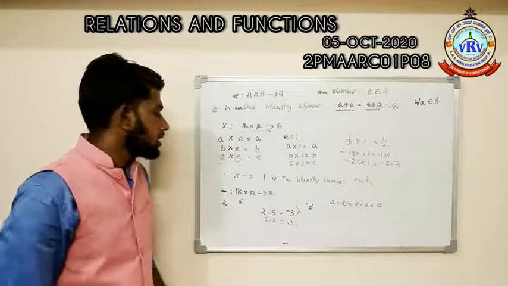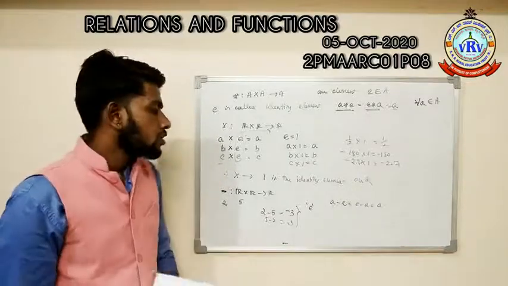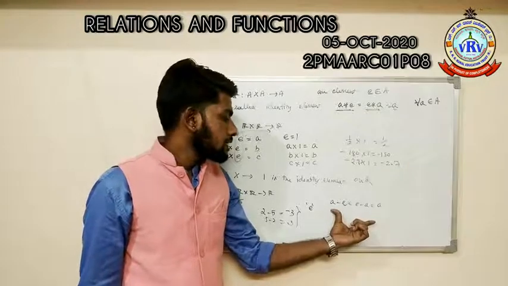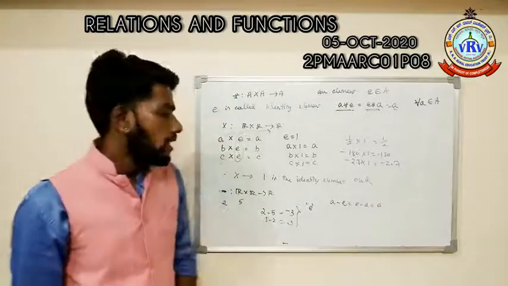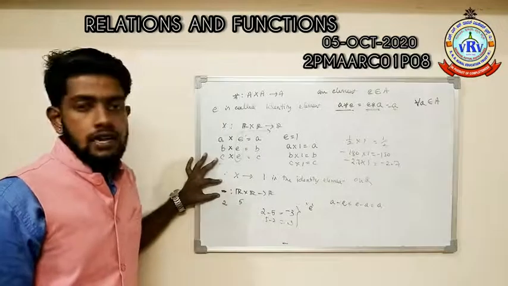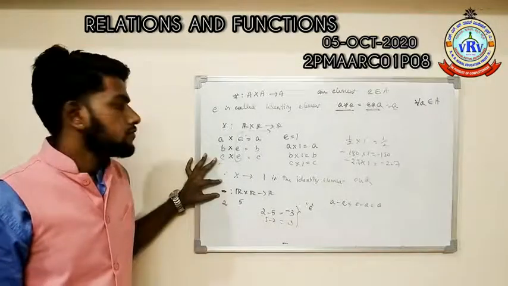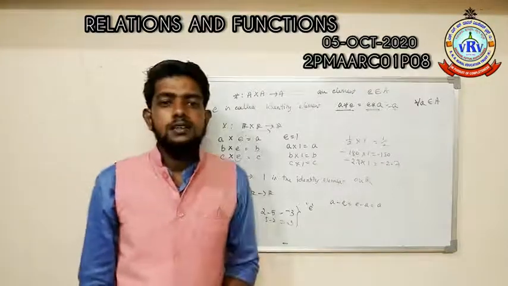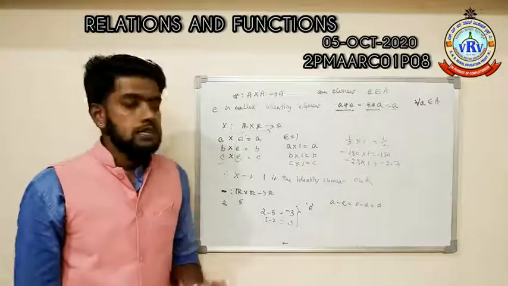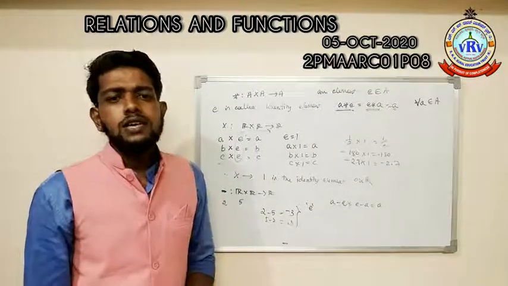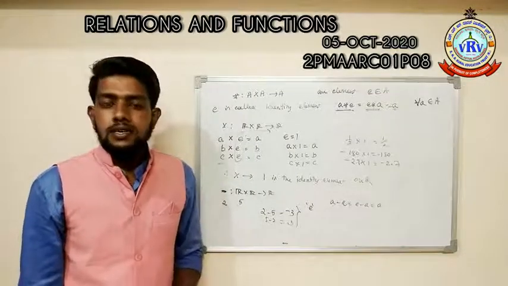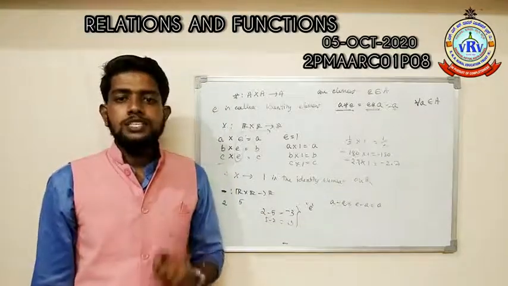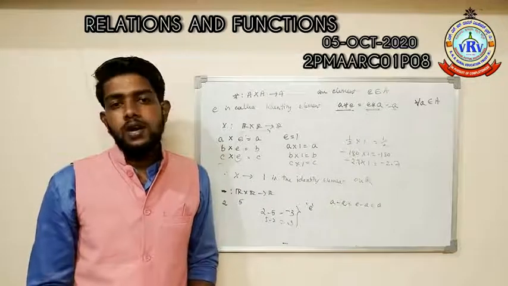If you check any element from the set R, you are not getting an element E which satisfies A minus E is equal to E minus A is equal to A. Therefore, subtraction does not have the identity element on the real number set R. In the same way, for the division operation, you are not getting any identity element. So, for addition, the identity element is 0. For multiplication, the identity element is 1.